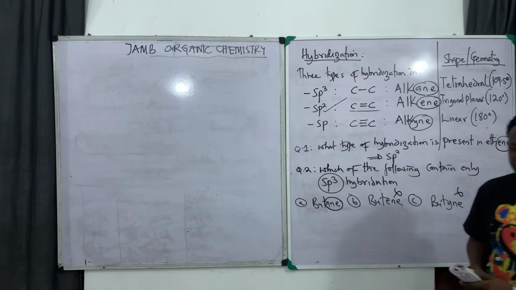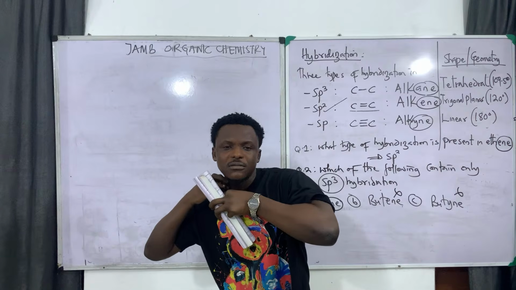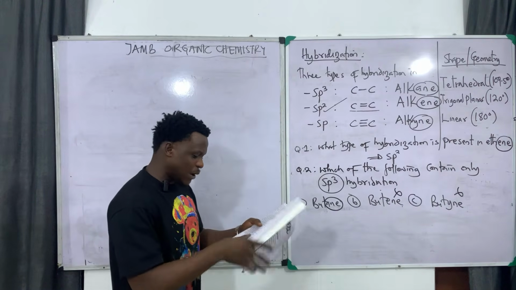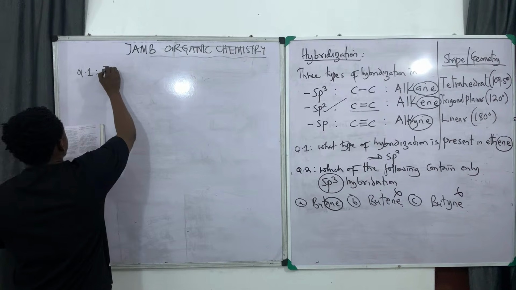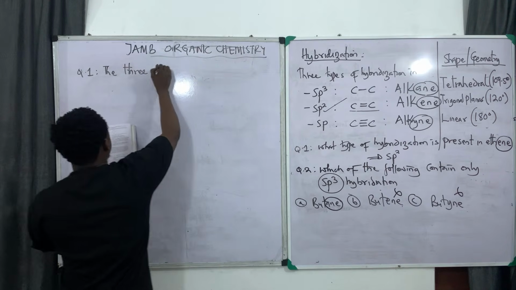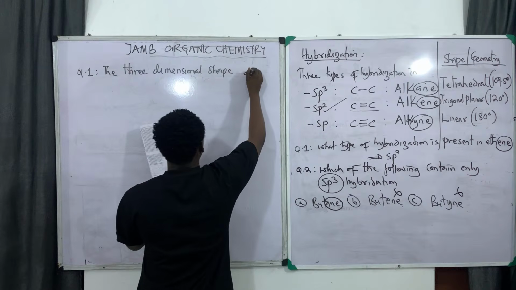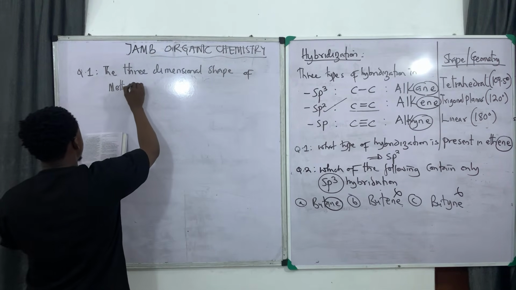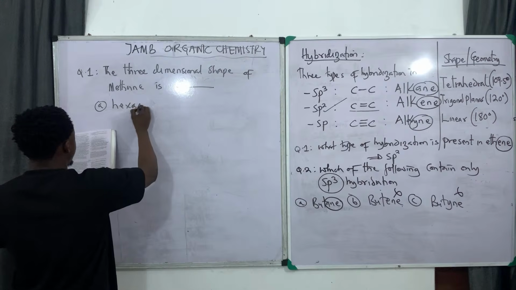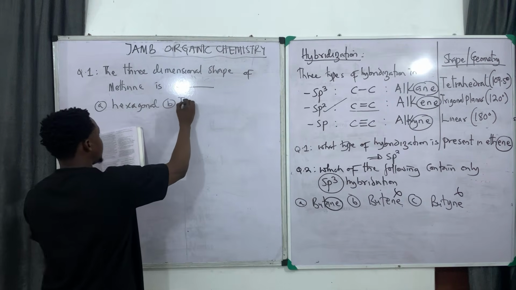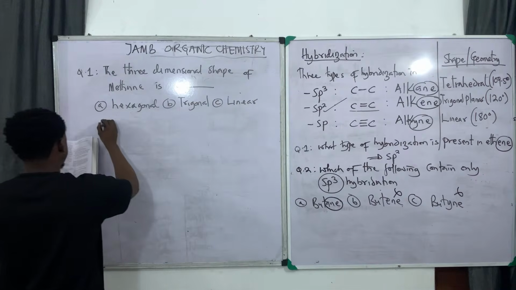You may be wondering, will JAMB come and ask me what is the shape of sp3? Never. JAMB will not. How would JAMB ask me that question? Now look at this. They will say, question 1, the three-dimensional shape of methane is dash. A, hexagonal. B, trigonal. C, linear. D,